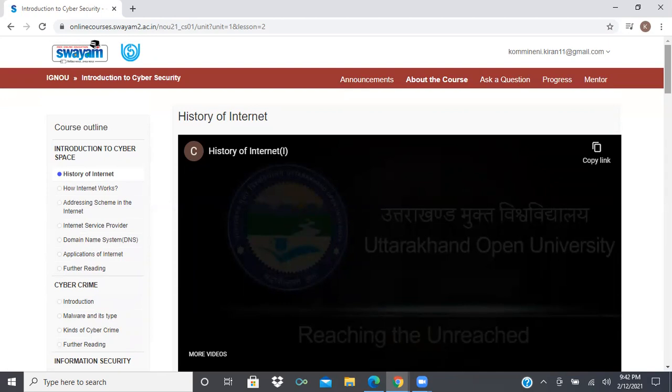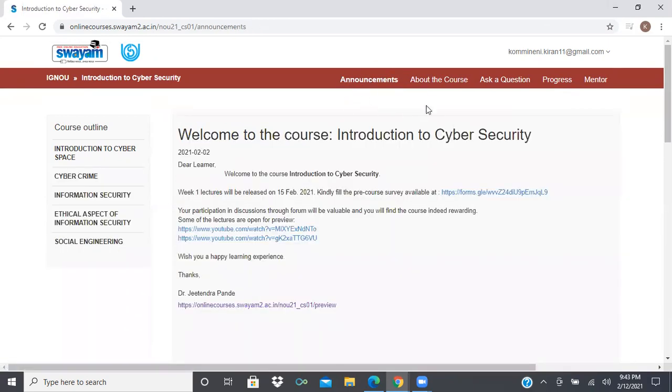So next one is, after writing the internal assessment examination, if you want to see how many marks you got, you can click on this particular progress. Now this course is not started, so nothing will be displayed. But if you click on this particular progress, obviously it will show you how many marks you have got in that particular examination. Out of 12 assessments which you will have in a 12 weeks course, 8 will be considered for internal assessments. The top 8 marks which you got will be considered as internal assessments. And the announcements for this particular course will be done over here, as well as you will get a mail also.